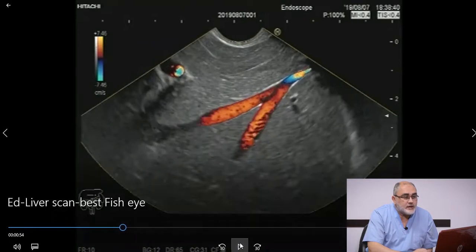vena cava. Here the segments: segment 1 in between the echo endoscope, which is the caudate lobe, in between the echo endoscope and the ligamentum venosum, communicating the inferior vena cava with the left portal vein. This is the caudate lobe, and in between the ligamentum venosum and the middle hepatic vein, this is segment 4A, and behind the middle hepatic vein is segment 8, a large area of segment 8. So this is 1, 4A, 8, and this is the ligamentum venosum